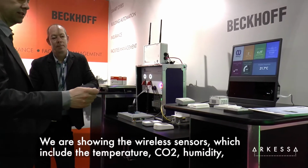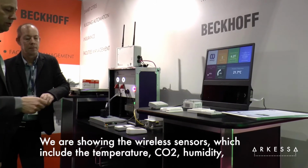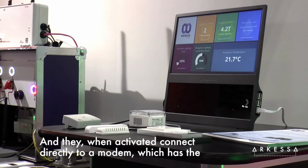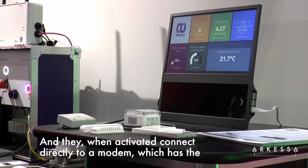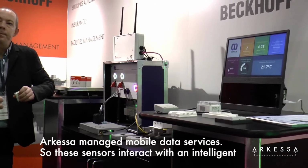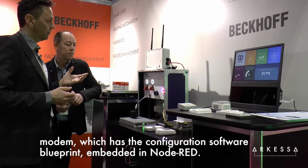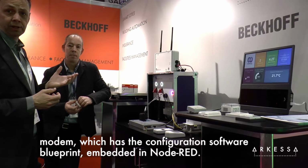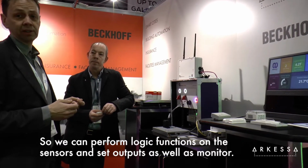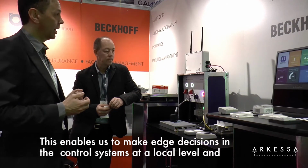We're showing the wireless sensors here on the exhibition booth, where we have temperature, CO2, humidity, water leak detection and light switching with wireless batteryless devices from EnOcean, and they, when activated, connect directly to our modem, which has the Arkessa managed mobile data service. So these sensors interact with our intelligent modem, which has a configuration software blueprint embedded in Node-RED, so we can perform logic functions on these sensors, so we can set outputs as well as just monitor things, so we can make local edge decisions, operate control systems at the local level, and then decide what information we want